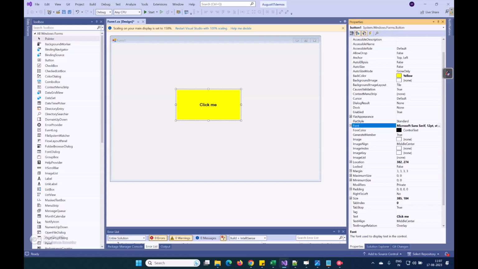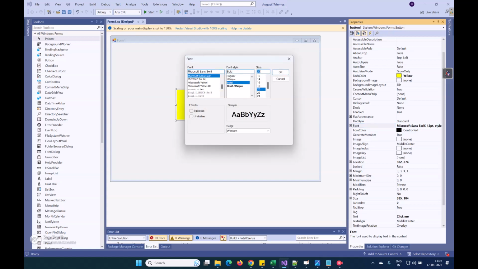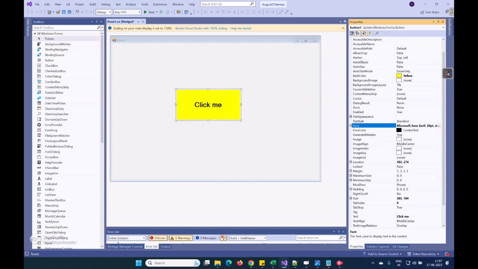Increase the size of the font, three dots are there, increase the size to 20. Done. Up to this is done. The font property has to be changed. So the properties have changed.